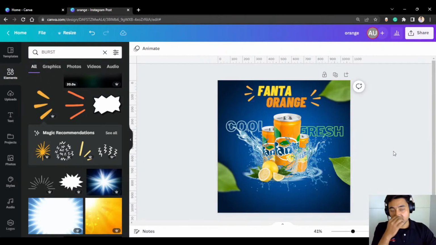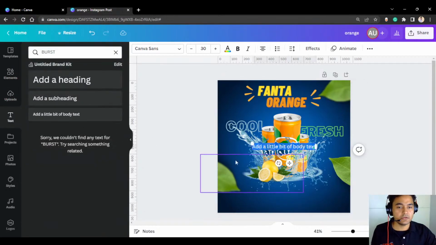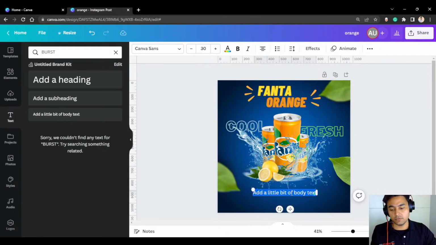Now the last thing is we are going to add the last text, which will be our body text, and this body text is going to be at the bottom. So the body text that I'm going to use is, let's say it's the newest flavor that has come in the Fanta, so available in your nearest stores. Okay,